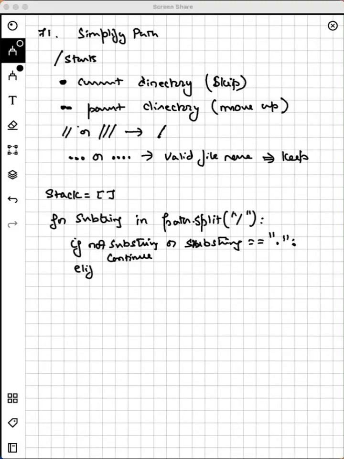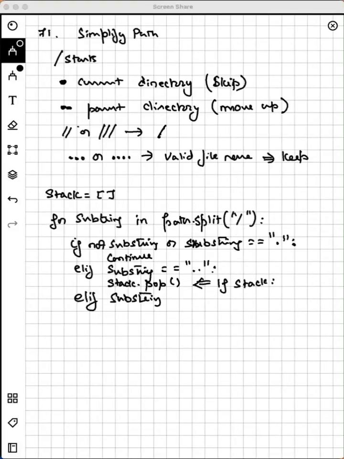Once we're done with that, what do we do when we get double dots? So let's handle the double dot. Substring equal to double dot, then what you can do is say stack dot pop. Maybe it will be good to check if stack before we pop in case Python gives an error, but we'll have to check this one. Now let's move on to the next condition. If substring is equal to, actually